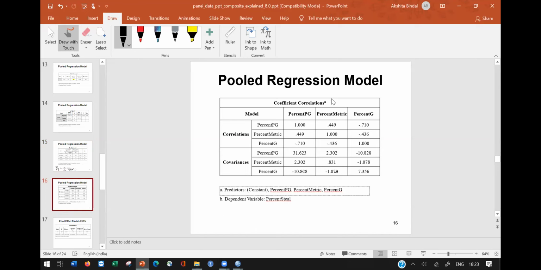If I come to the coefficient correlations, the variables from this diagonal matrix, the below of the variables and the above of the variables are the same. So the correlation studied with percent PT to percent PG comes out to be 1 because it does not have an effect. But this is time invariant. But when I consider the time factor as well, that is in the covariance, then of course my percent PG would also have an effect on percent PG and it would give me a value. So this is what we can find out from correlation and coefficients.